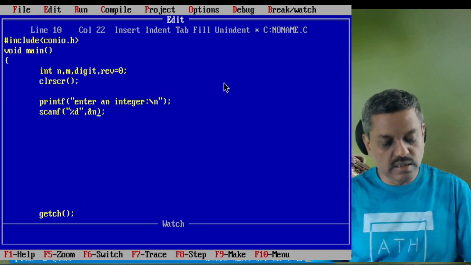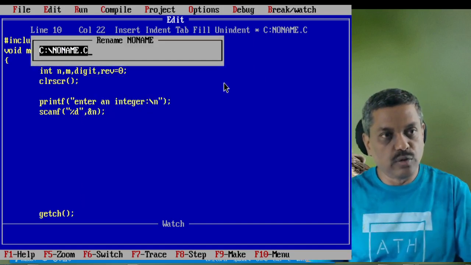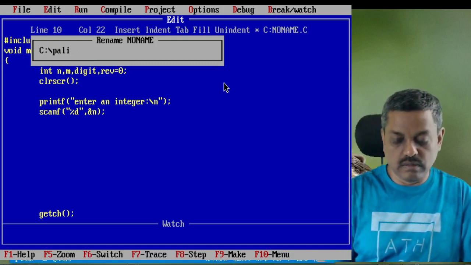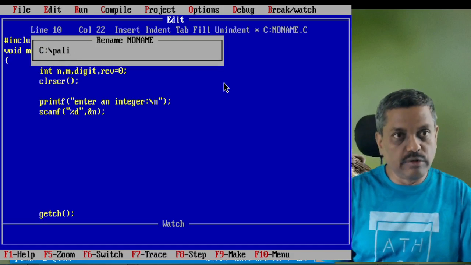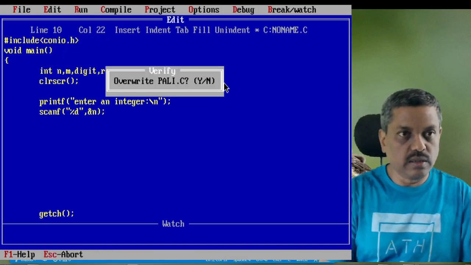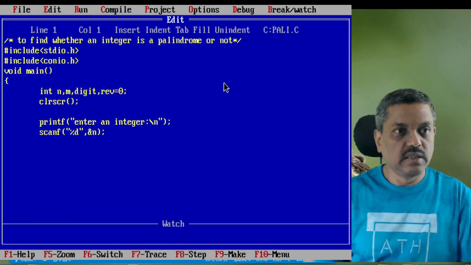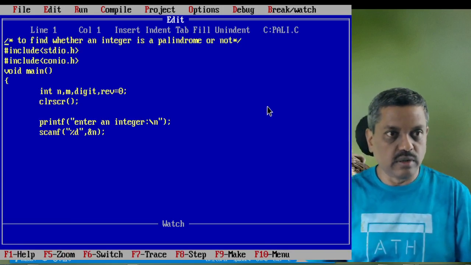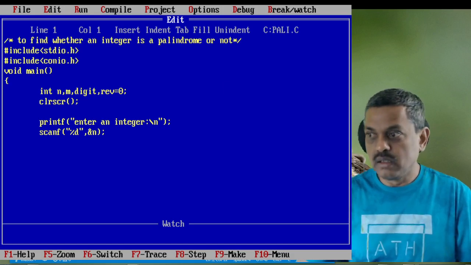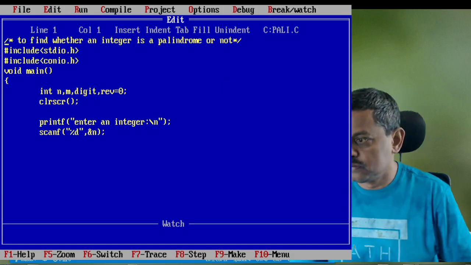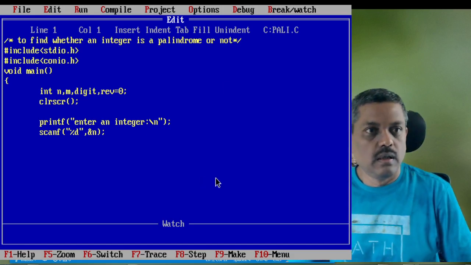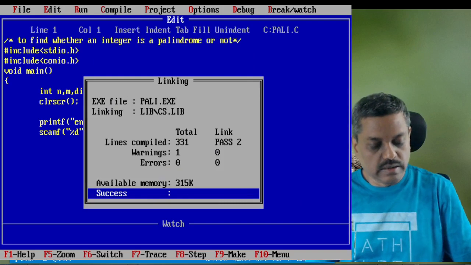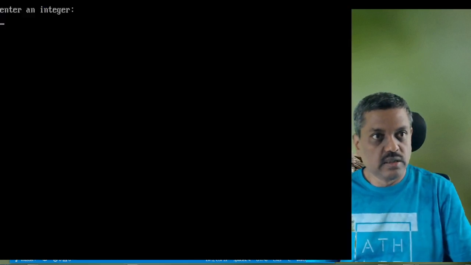Keep pressing F2 so that it saves your work. That's very important. I've already stored the same name, so it asks whether to overwrite it or not. Let me test this by compiling and then running it.